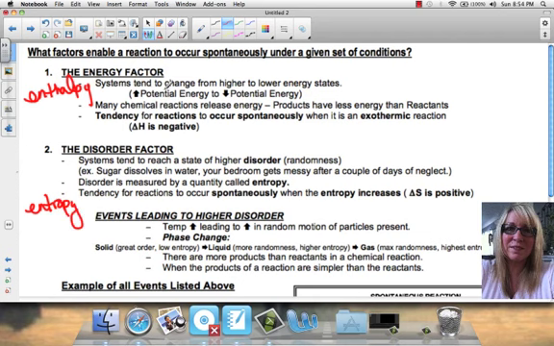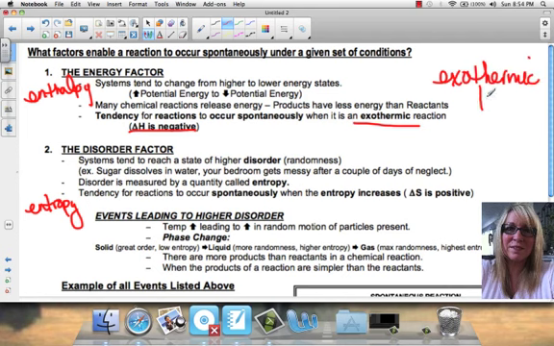Systems tend to change from higher to lower energy states. So an increase in potential energy to a decrease in potential energy. Many chemical reactions release energy. Products have less energy than the reactants. So the tendency for reactions to occur spontaneously is when they are exothermic. So the energy factor for spontaneous reactions is exothermic,